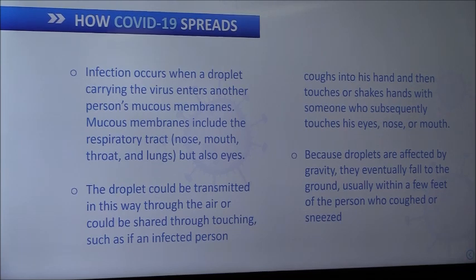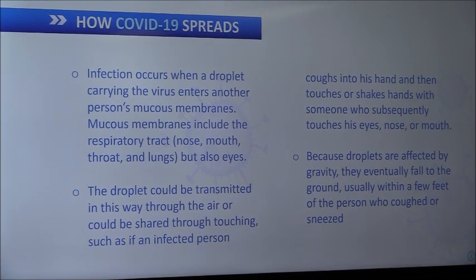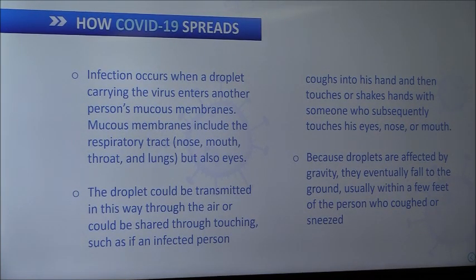That's why we've been saying, don't use your hands to wipe or scratch your eyes. The droplet could be transmitted in this way through the air or could be shared through touching, such as an infected person coughs into his hand and then touches or shakes hands with someone